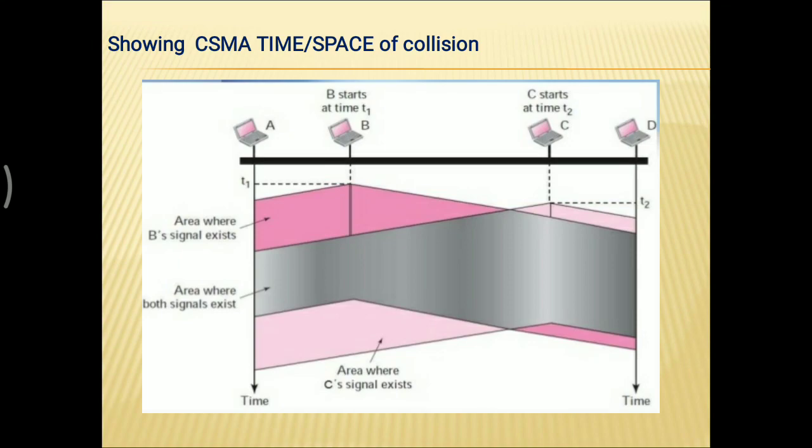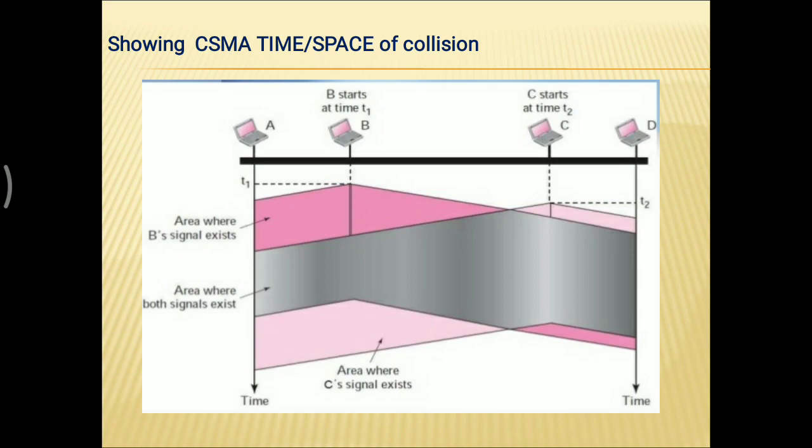Initially, I am taking two stations as an example in this diagram. Here, let us assume that station B and station C are communicating. Now, each and every station's time will be defined here, and initially the B station transmits the data at the time interval T1, and the C station transmits the data at the time interval T2. Let us go through the explanation of how the collision takes place between the transmissions of frames sent from stations B and C.